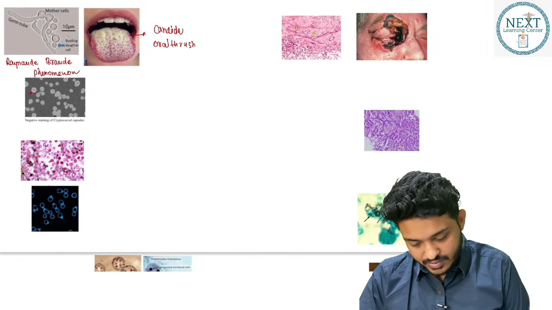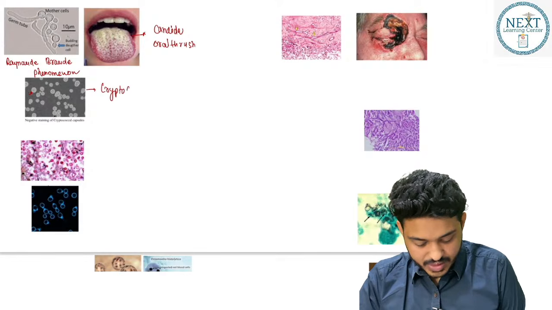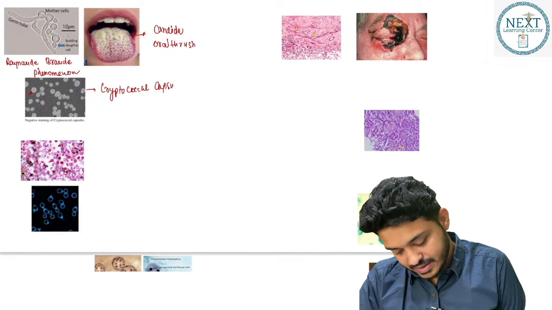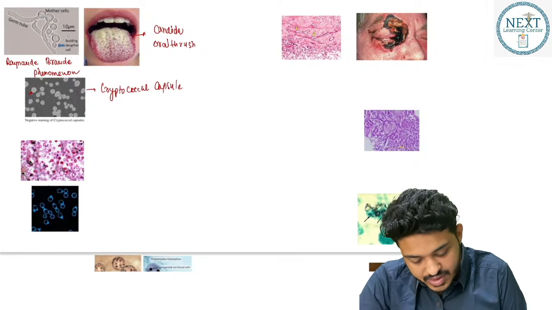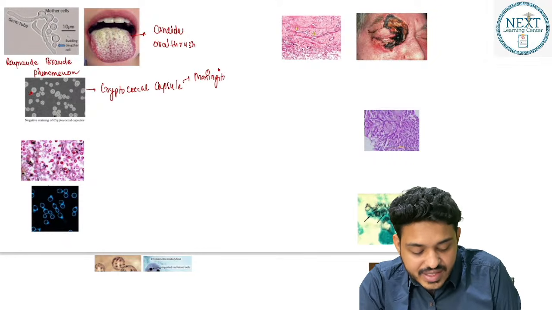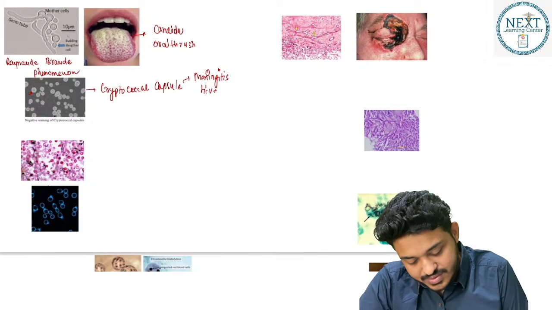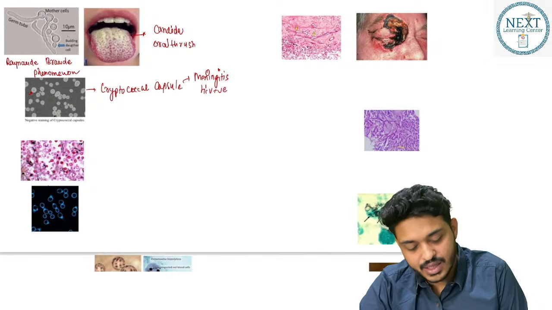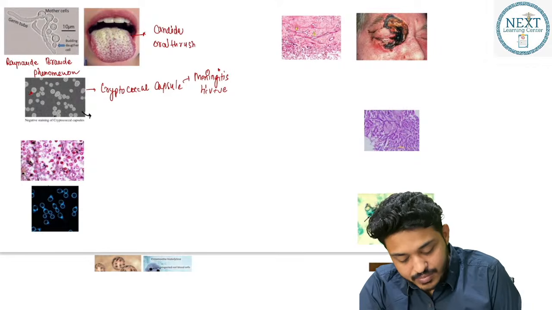What about this particular one that we are having? This is going to be your cryptococcal capsule, and this Cryptococcus neoformans is the most important cause for HIV positive patients to have what? Meningitis. So HIV positive individuals suffering with meningitis, the answer will be what? Cryptococcal meningitis, right? Another question they have asked you, how to identify this particular one with the help of stains,